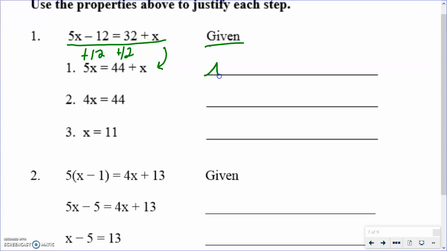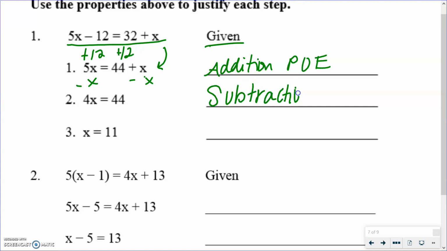Okay, so we call that the addition property of equality. And I do want you to write that there, but you can abbreviate it as POE. And then from step 2 to 3, I see that they're taking an x away from both sides. So that is the subtraction property of equality. And then from here to here, we're dividing by 4. And so that is the division